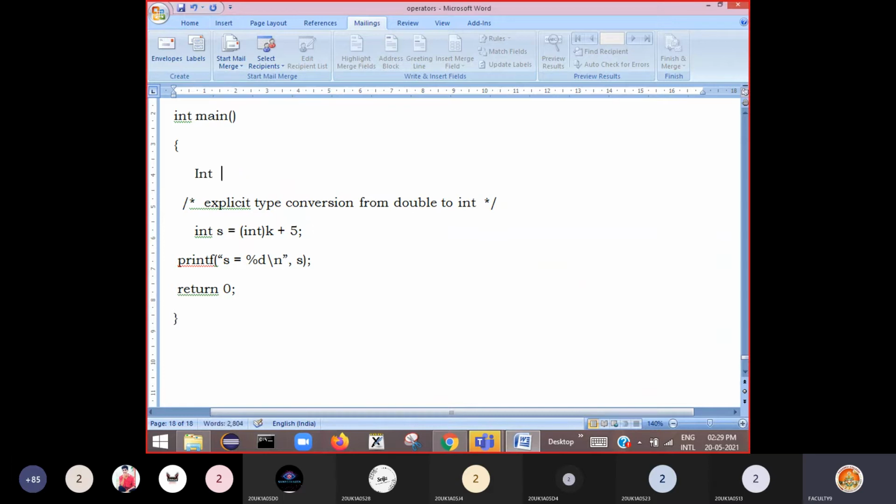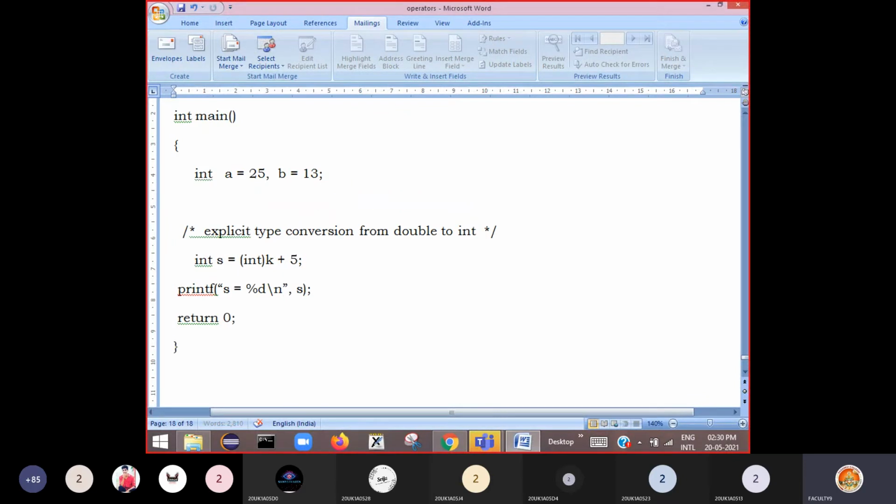Now if I say int a, I am taking a is equal to 25 here, then b is equal to 13 here.